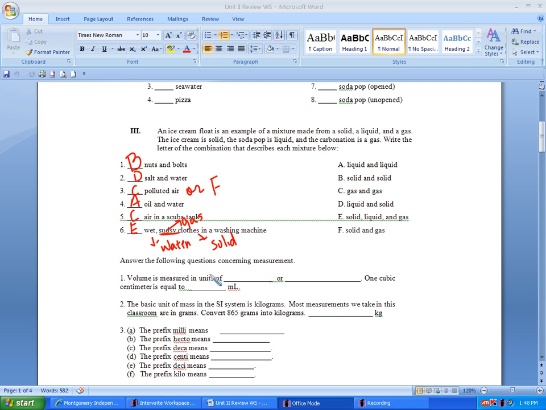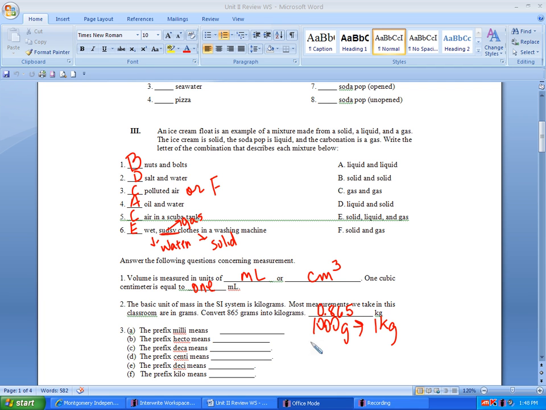Okay, answer each of the following questions concerning measurement. Volume is measured in units of milliliters or cubic centimeters, and 1 cubic centimeter is equal to 1 milliliter. The basic unit of mass in the SI system is kilograms. Most measurements we take in this classroom are in grams. Convert 865 grams into kilograms. Well, I know it takes 1,000 grams to make 1 kilogram. I don't have anywhere near 1,000. I have less than 1,000, so my answer would be